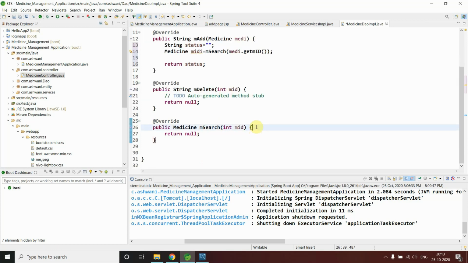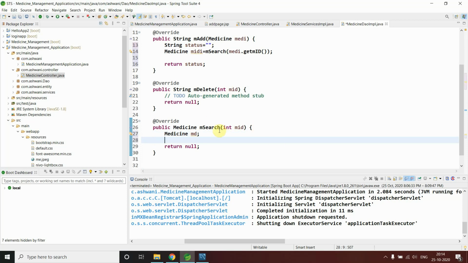And here, we generally want to test our application, our database. If this medicine is present in our database, we simply return that it exists, and if it is not present, we simply return that it does not exist. So first I have to make one object, because I have to return it, md. Now I have to use my JDBC template.